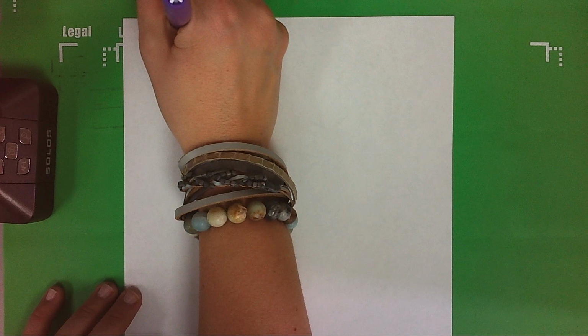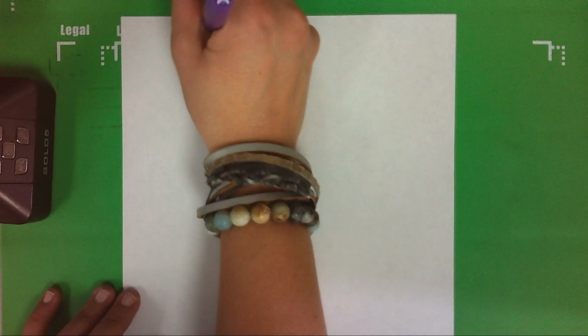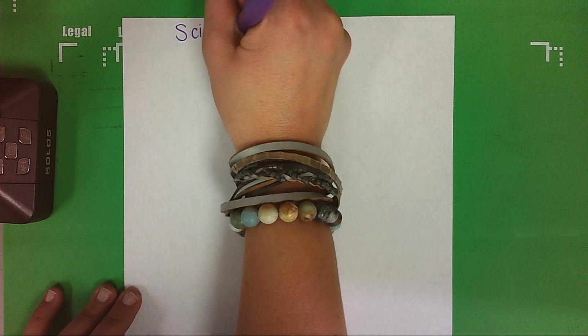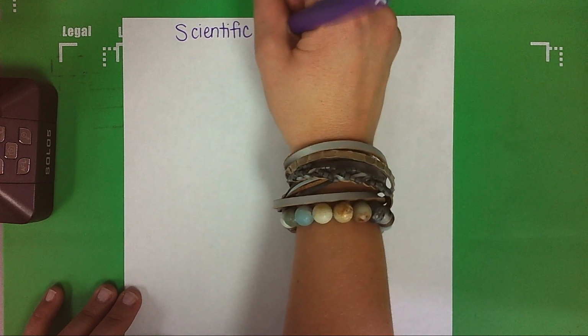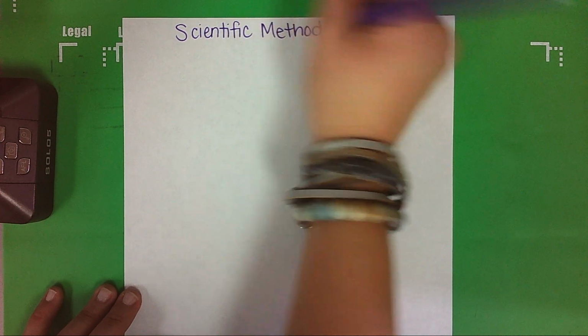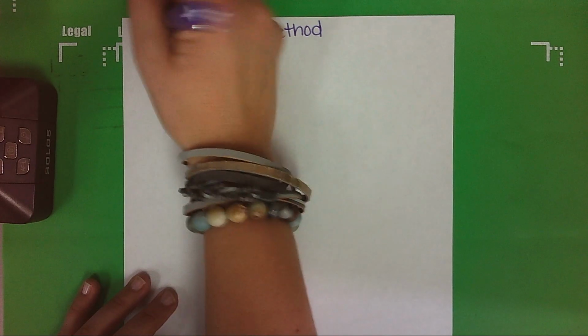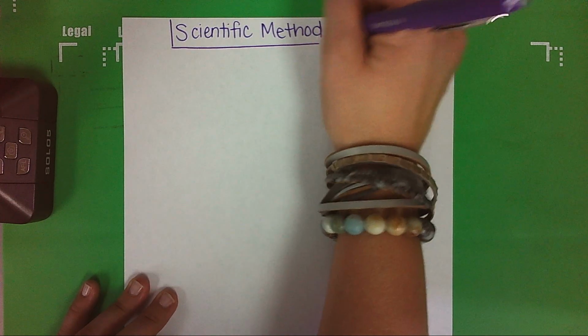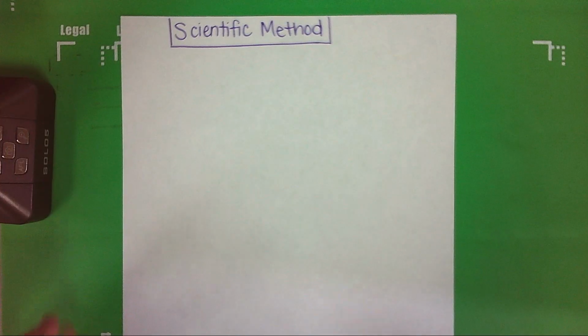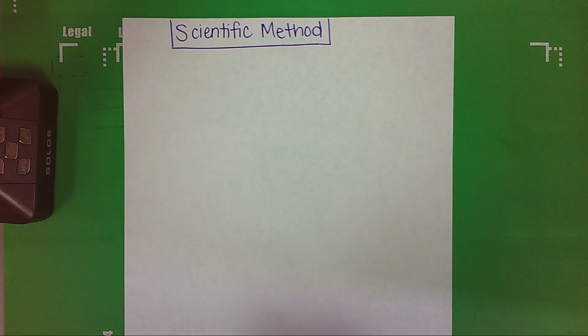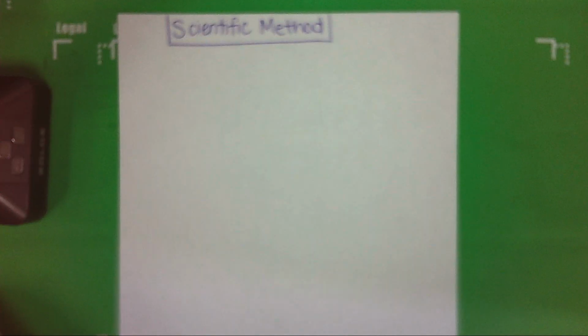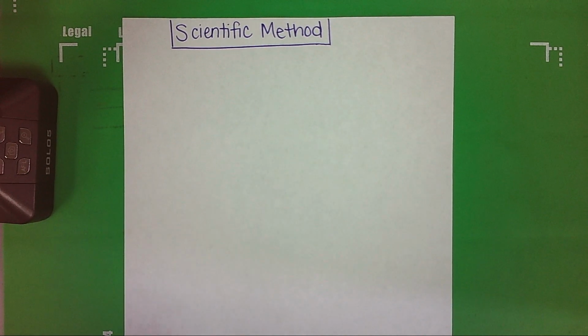Alright, so now we're going to start talking a little bit more about the actual process of the scientific method. As I go through this, I want you to think about the scientific method has several steps. Through these steps there are certain goals that the scientist is trying to accomplish. In the end, the scientist wants to find the answer to a question. Okay? So if they're trying to find the answer to the question,